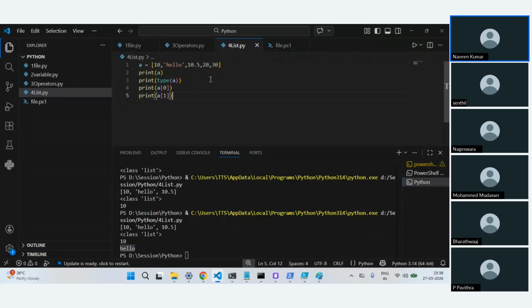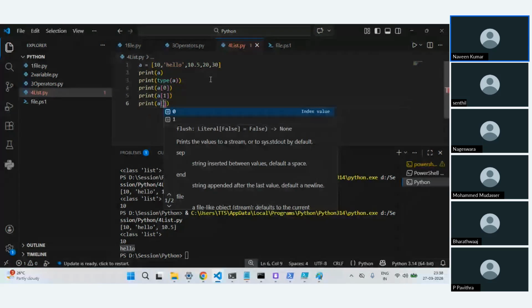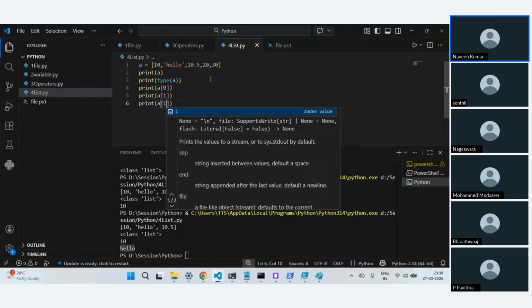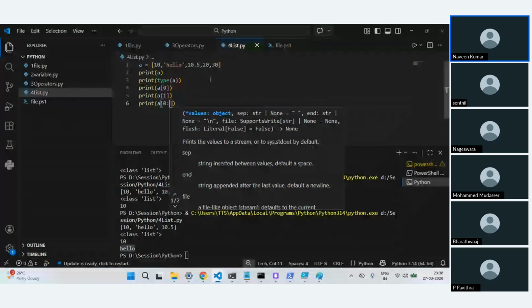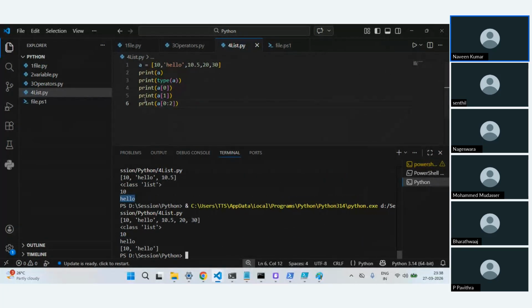This is where a concept called slicing comes in. We have this index, so I'll start with 0 and go up to 2. This will print 10 and hello.